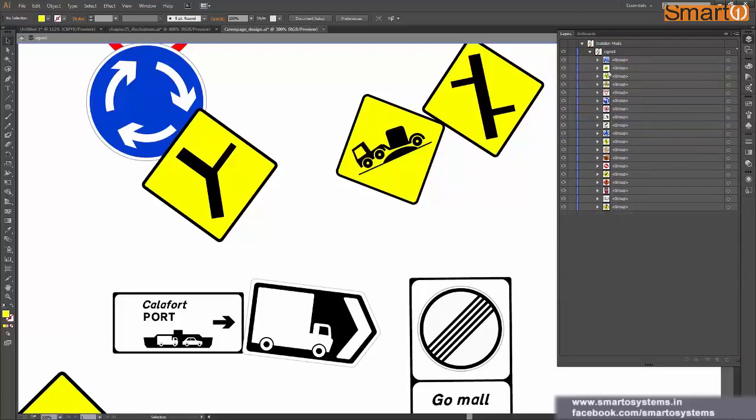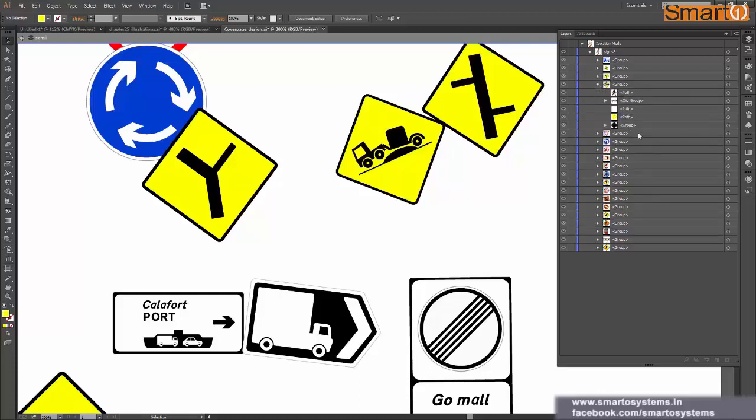All these things are present inside the group. In this one we have these 2 shapes which make this group, and in this group we have these 4 shapes. So wherever you find this arrow icon, that means you can open that particular layer or line and see what is present in that group.